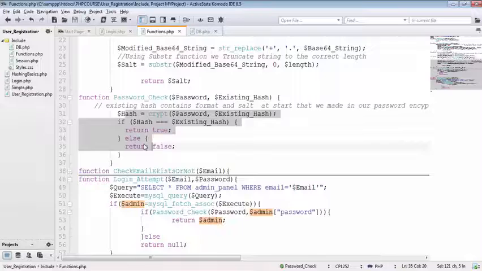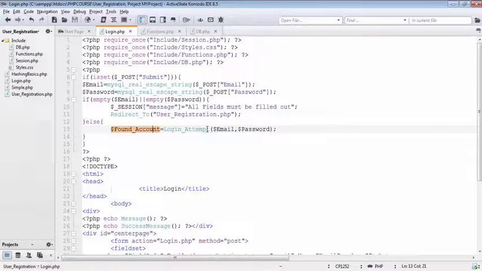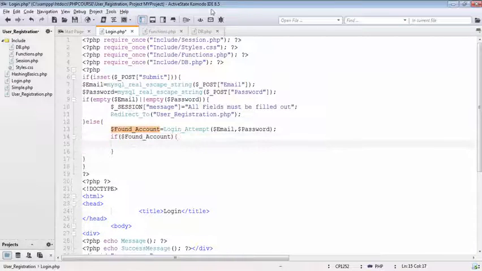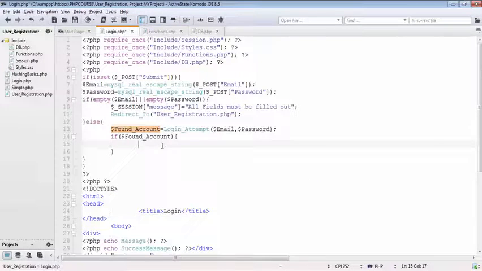We don't have to worry about it. Now saving this one out. Now in my login.php file, if you found account means if this variable of found account is giving you something, means it's returning some admin from here, then you should redirect user